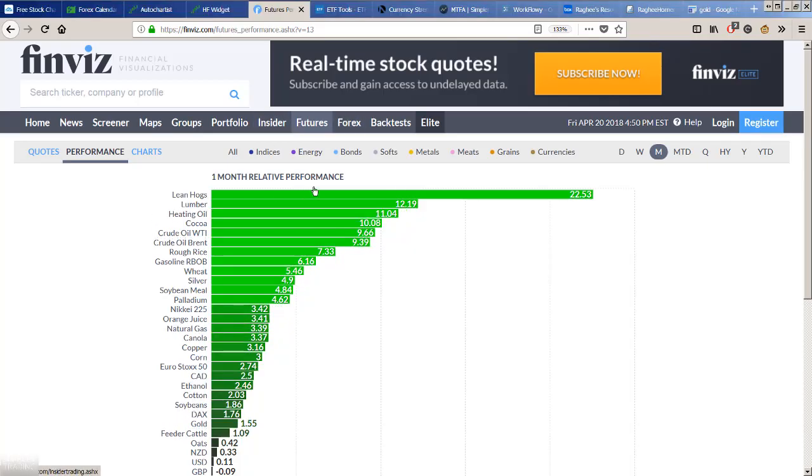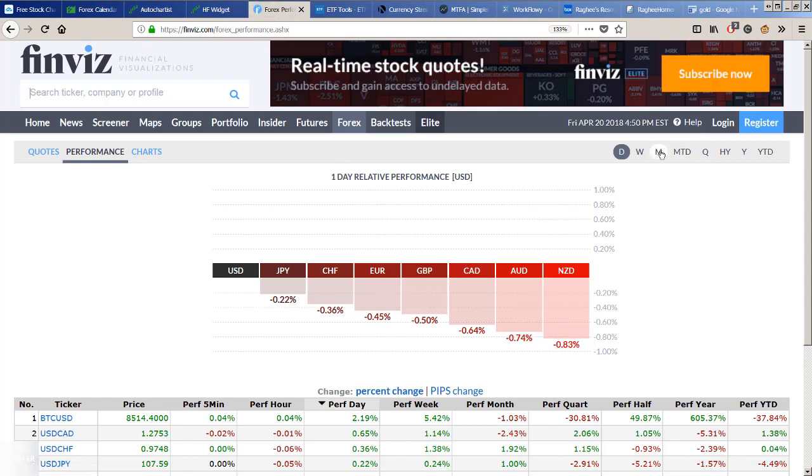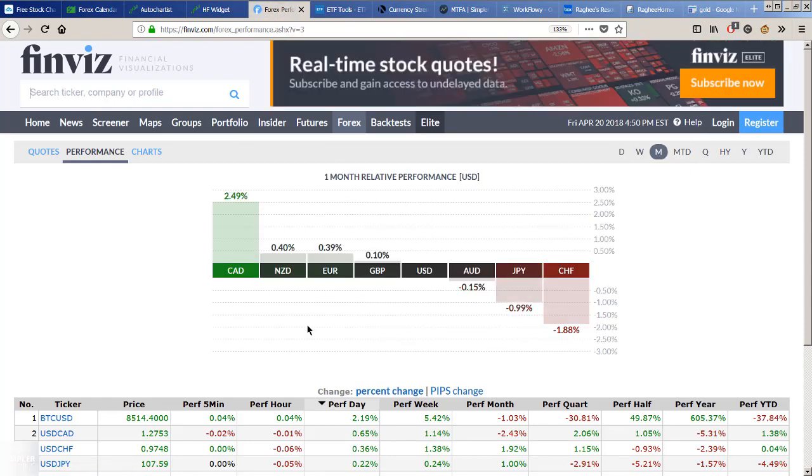Now, that may not seem like a big deal until you think about where the Canadian dollar has been on the relative performance chart over the last month. It's been by far one of the biggest gainers. This has to do with the NAFTA, really a much more truncated timeline, and with a somewhat hawkish Bank of Canada and also the TPP, the Trans-Pacific Partnership, which Canada is a member of. So a lot of things were looking good for the Canadian economy and the Canadian dollar, until we saw today's